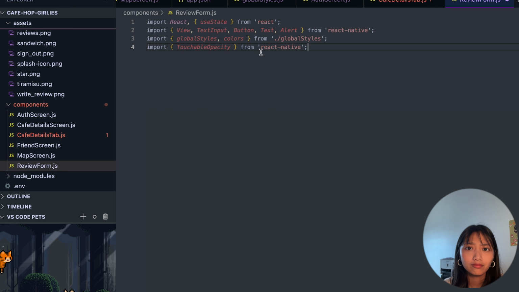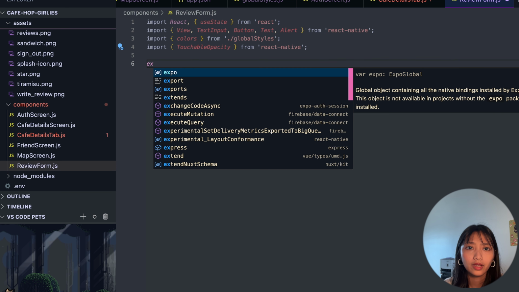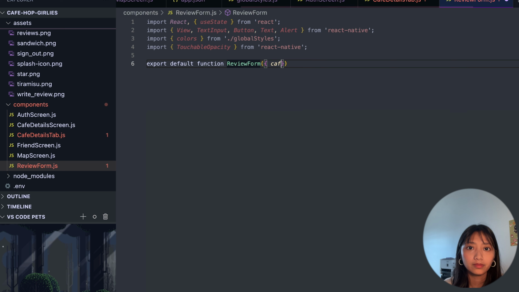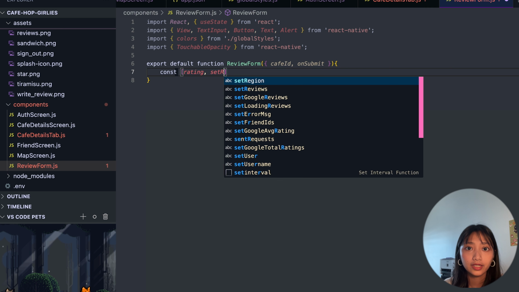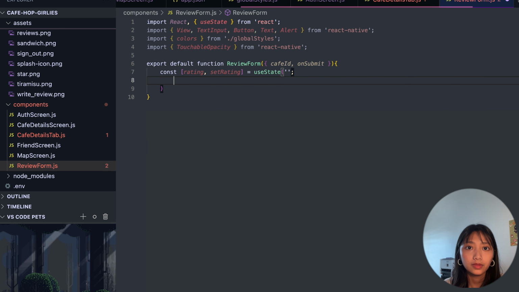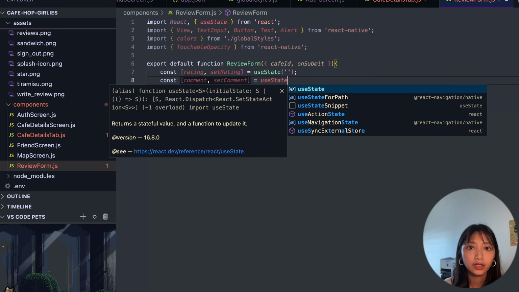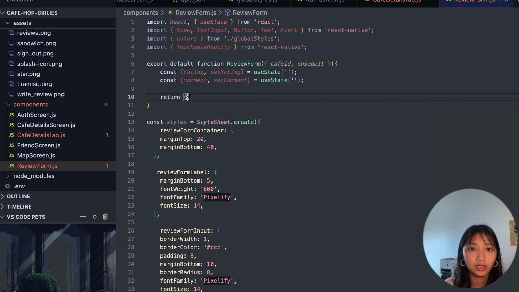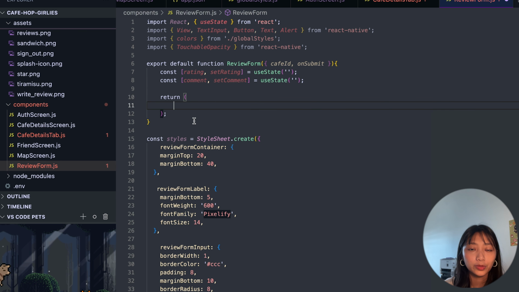And let's write our review form. So I imported all the libraries that we need, and we can start writing our function. And our props take in the cafe ID and the on submit. And these are the constants that we need: rating and comment, and those are the 2 fields that our form has. And I just imported the style,